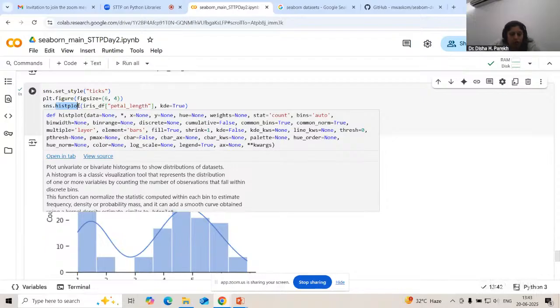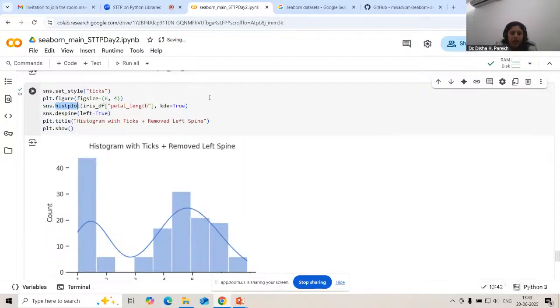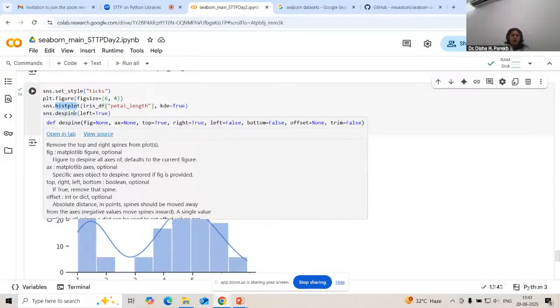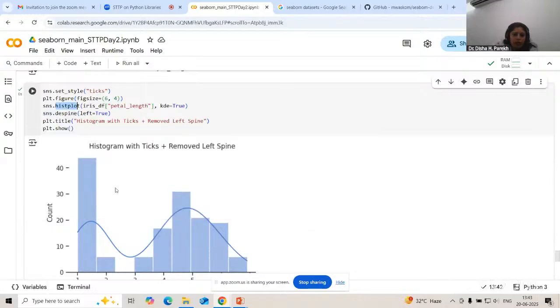I have used this distplot, right? And I have taken kde equal to true because I actually wanted this density line, right? And I have written sns.despine(left=True), right? So this sns.despine is going to remove the top, right, then left spine lines, right? So that histogram which was coming in a box kind of format, that is removed, and only the x-axis is there. If you just check,